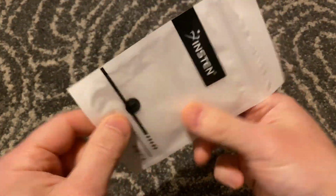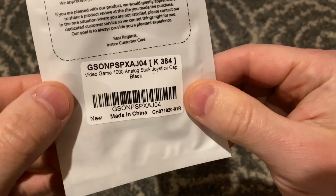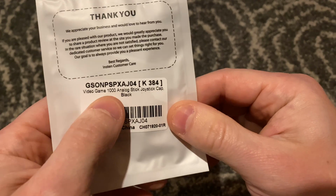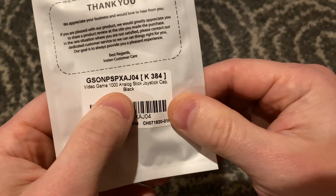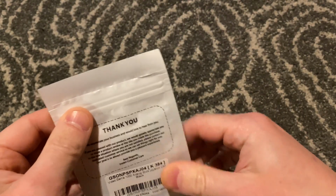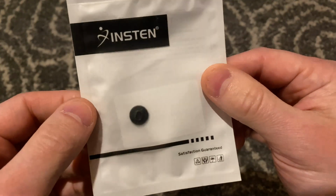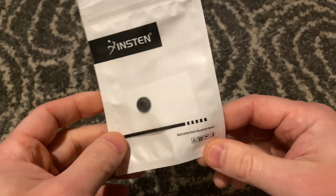And I can't really tell what this is, but it is a PSP nub thumbstick. Or as this calls it, Video Game 1000 Analog Stick Joystick Cap Black. There'll be more parts for this. I know that PSP 1000 that I got's roughed up. I'm contemplating